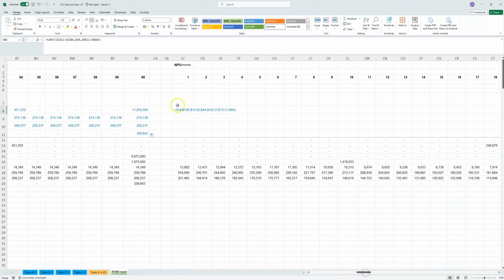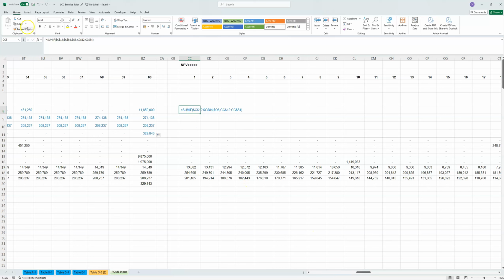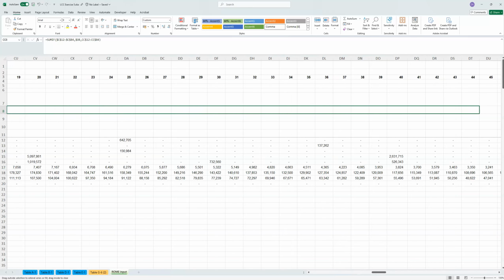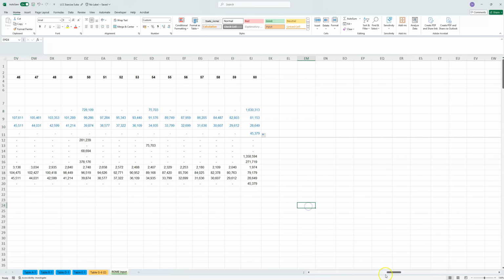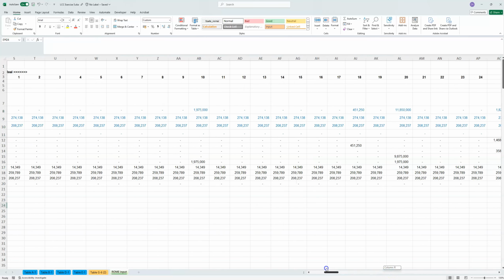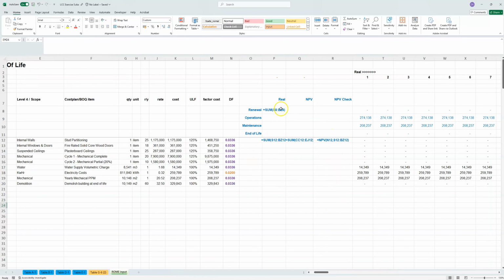Okay, do the same. Of course, in this case, it's NPV costs, net present value costs. So it'll be looking for these cells in that column. If I get rid of that comma, it's a slightly different version of the same formula, except applying it to this column instead of the first column in the real costs. So once I do that, nothing's showing up because again, there's no real renewal costs. Scroll across and then pull down. Okay, so that's essentially calculating my costs for renewal items, costs in each year, costs for operations items, maintenance items,